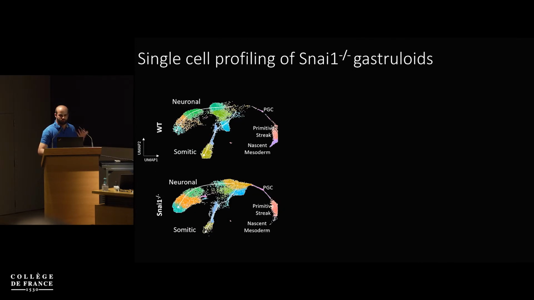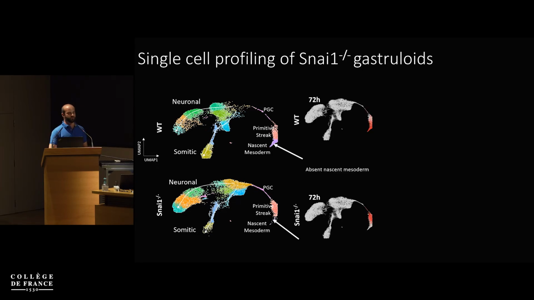And so we finalized the characterization of this mutant to try to really assess and dissect what was happening at the cell identity level. We performed a single cell experiment time course of the Snail mutant. The whole dataset is represented here, where you can see the wild type cells here and the mutant cells here. We did that at 3 different stages. First, at 72 hours, the gastruloid looks like this. You have this portion with this extension, which corresponds to the nascent mesoderm. And you can see that this population is absent from the Snail mutant. So they're not able to form this cell identity at that stage, at least.